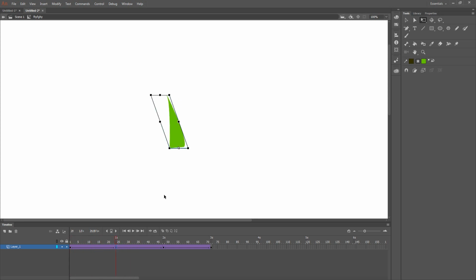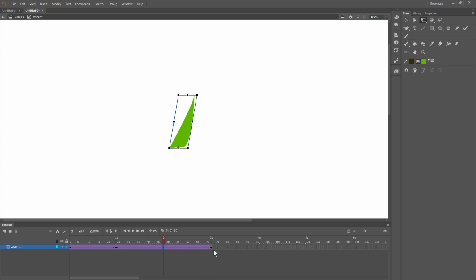So I'm going to come over here, hit F6 on our keyboard. With my free transform tool, I came over here in between the two black boxes. Those two lines mean that you can skew or distort. So if you click and drag it this way, it made the whole box shift this way. Come over here, and I just randomly did it at 1 second intervals. Hit F6, and then I come over here again, still with the free transform tool, and then I skewed it